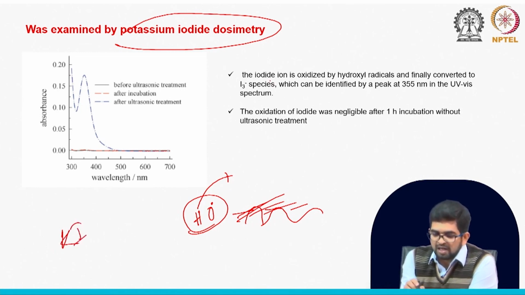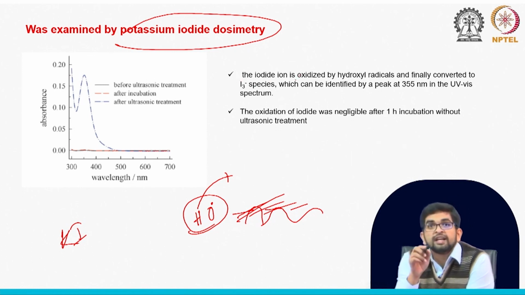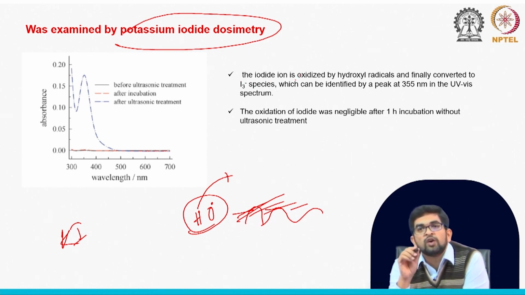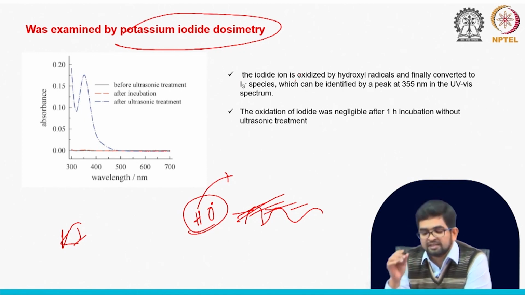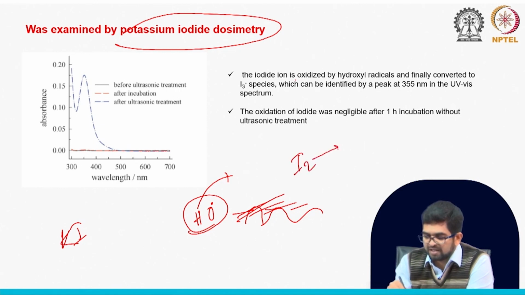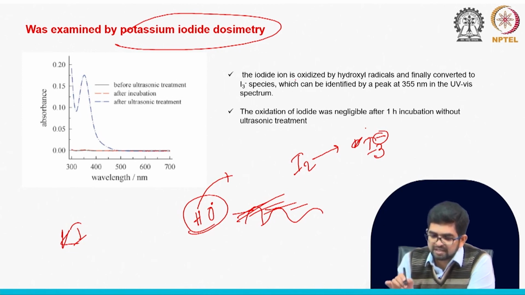During the sonication, the iodide ion can be oxidized by the hydroxyl radical generation. So, iodide can form I3 minus, and this oxidation can happen only because of this